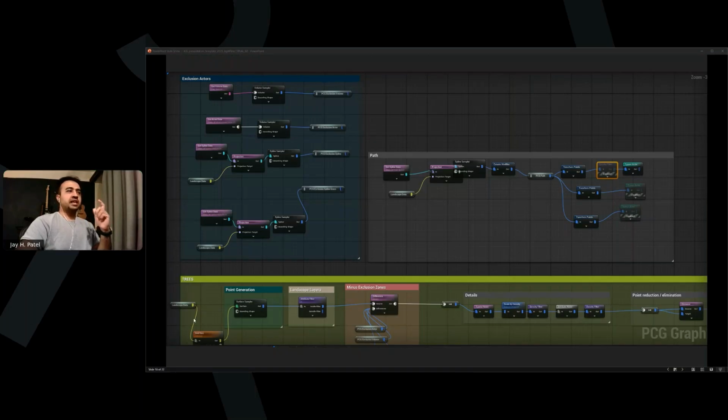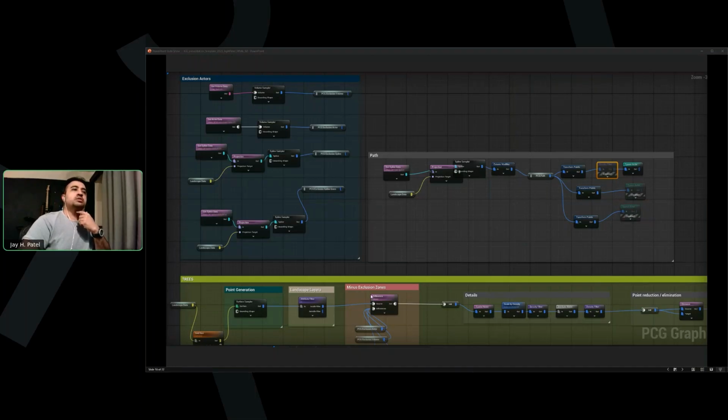So if you're using a landscape, you're basically plugging in the landscape data into the surface sampler. Then you can use attribute filters to layer growth based on the landscape layers. So for example, if you have a layer that's called soil, and you only need a certain asset to spawn on that layer, you can control it easily on the landscape layers.